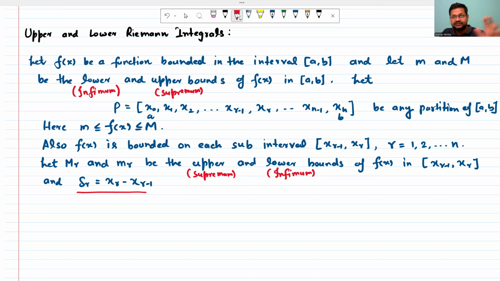So we define two sums that are called Riemann sums. We now form two sums, define the sums capital S and small s by,